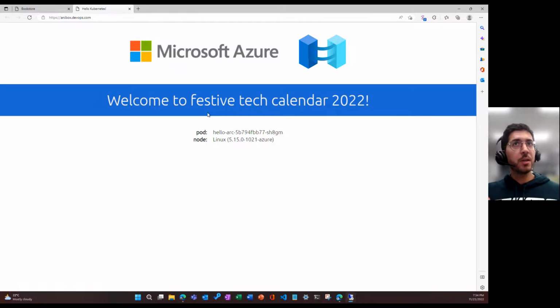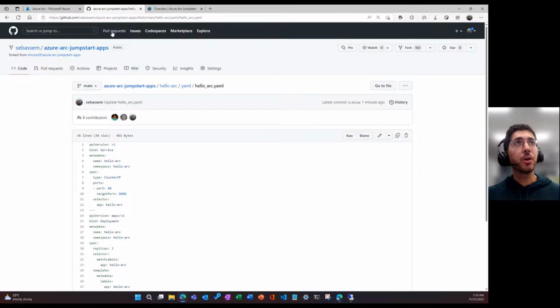So thinking about this for a sec, I have a Kubernetes cluster that is on premises. If I'm a developer, I'm using GitHub to enhance my application. I did not have to learn anything new. I'm still working on GitHub to update my code. And from an infrastructure team perspective, we applied this GitOps configuration using Azure Arc,